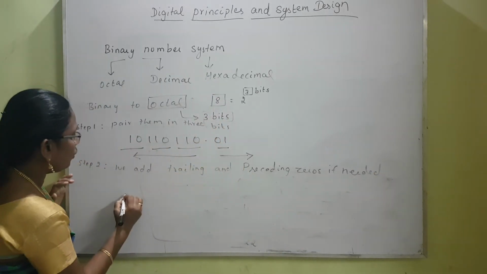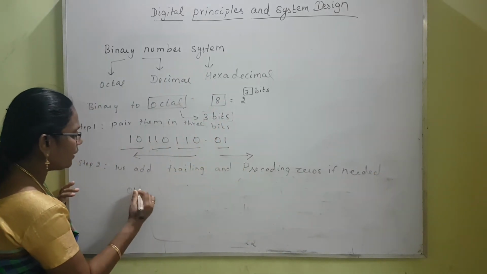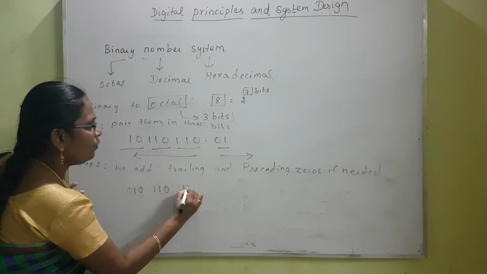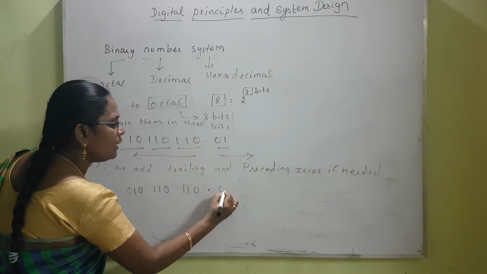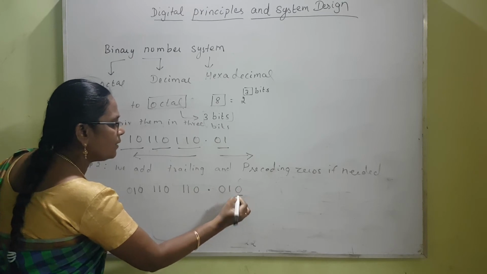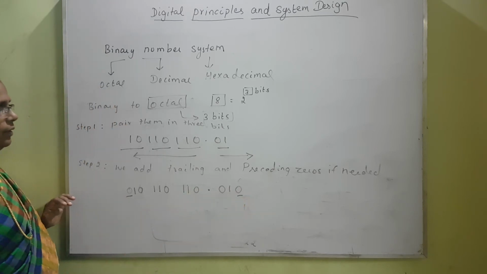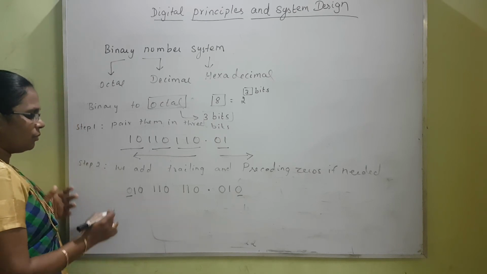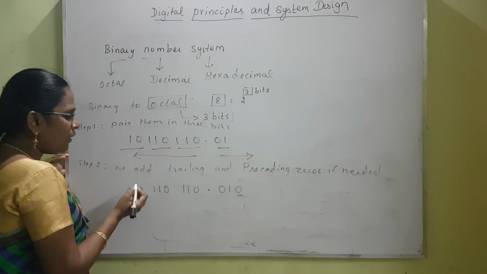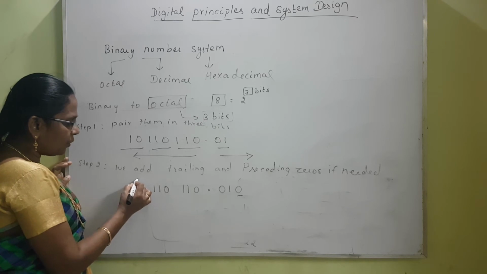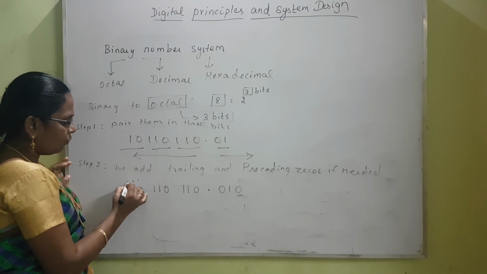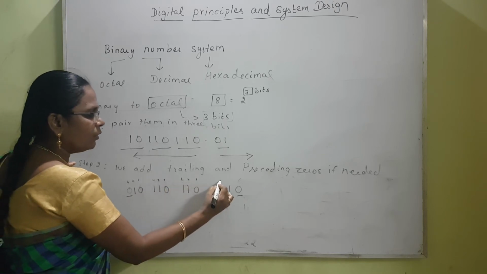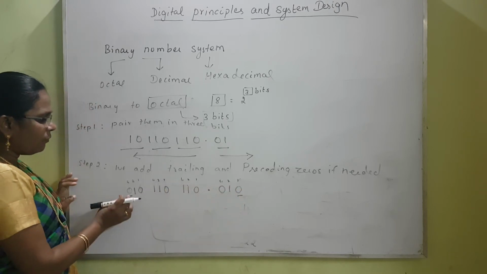So here what do we do? 0, 1, 0, 1, 1, 0, 1, 1, 0, 0.010. We have added this 0 here and this 0 here. So now we are going to write the corresponding decimal number to this. What is this decimal number? Whenever you have 3 bits, the positional value is 4, 2, 1, like that. Now you add wherever there is a 1.